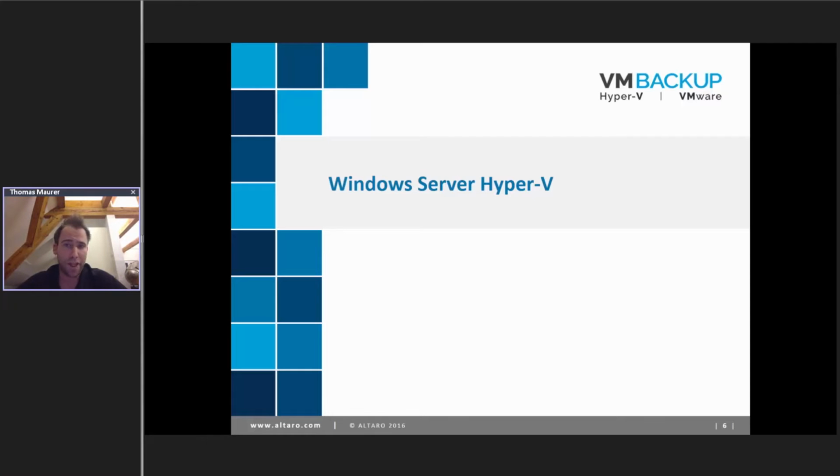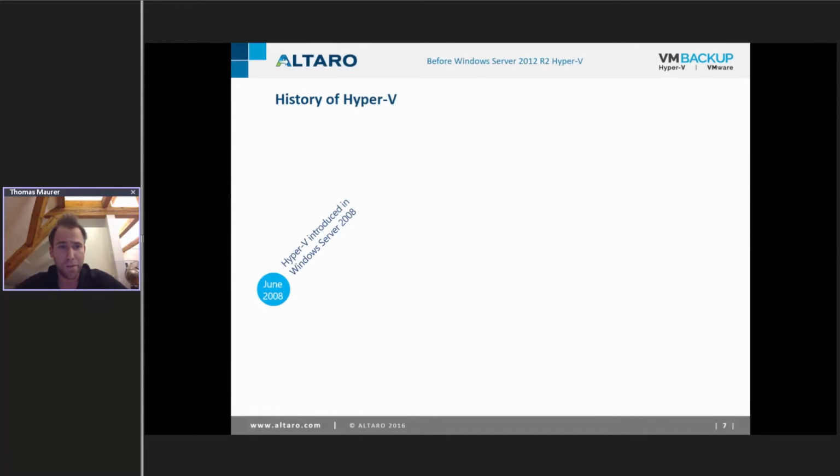If it's Hyper-V, if it's VMware, it's basically the same thing for the licensing of the virtual Windows Server guests. It doesn't really change if it's KVM or something else. But there are a lot of things you have to know about Windows Server Hyper-V, and some parts are probably interesting for you even if you're using, for example, VMware right now, so I'm going to show you a little bit about the history of Hyper-V here.